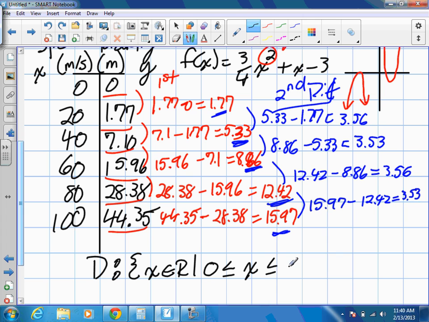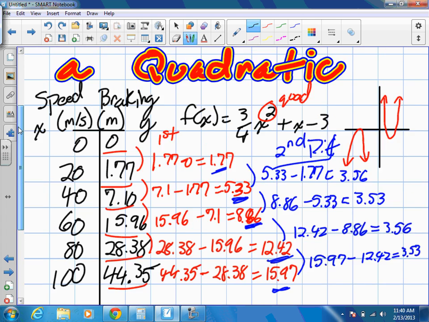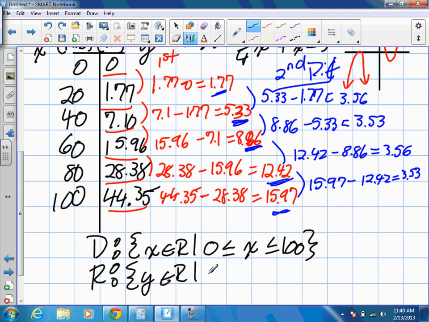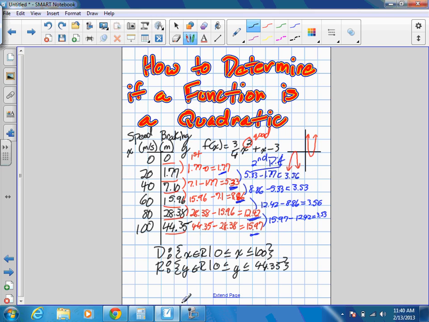So our speeds are essentially anything between 0 and 100. And our range, y: what are the highest and lowest values? 0 and 44.35. Everything in between is included. So there's our domain and range of these two functions. And if they give you another y, the range would